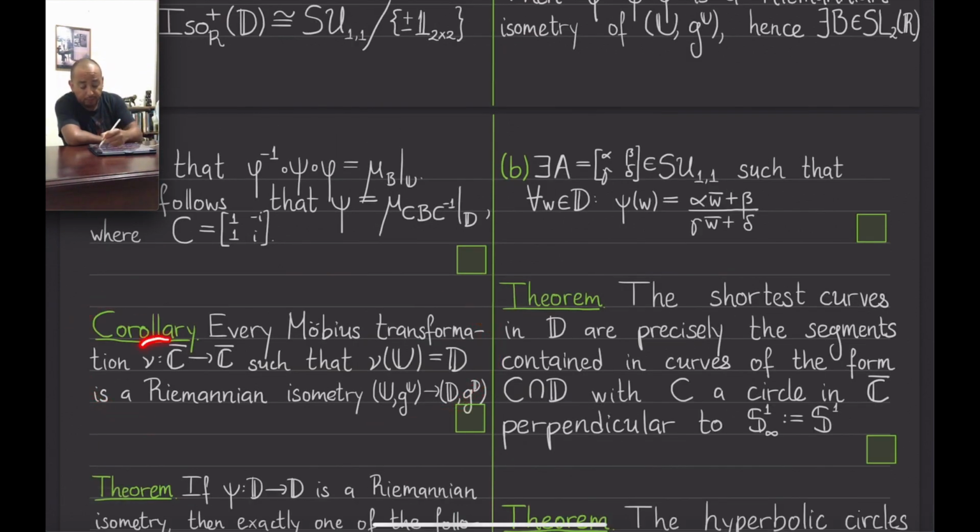So if you take any Mobius transformation nu that sends U to D bijectively, then with respect to this Riemannian metric defined by the Cayley transformation, this nu is a Riemannian isometry, which is the same as saying that if we pull GD through nu, we obtain GU, right? So in other words, if we define a Riemannian metric for U using nu, we obtain the same one we obtained before. And this is again the same trick, quite easy,